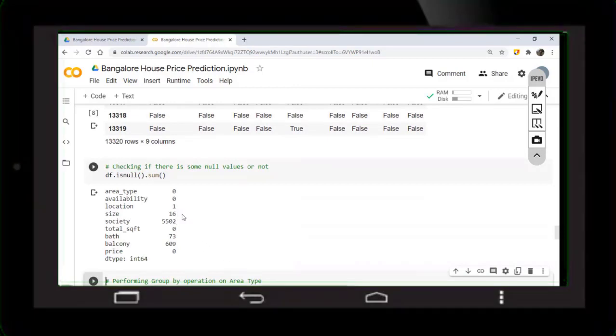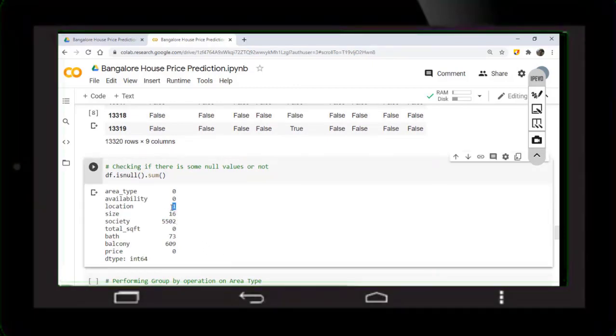So in size we have 16 null values, in location we have only 1 null value, in society we have 5,500 null values, in balcony we have 600 null values, and in bathroom we have 73 null values. So most of the null values are in society. Many people have houses in independent locations which are not associated with any society. So that was the reason so many people have not filled in their society details.